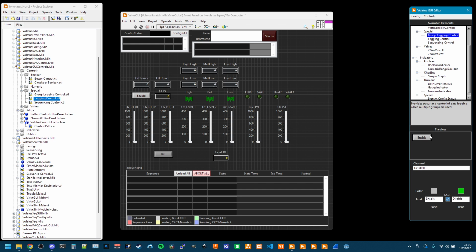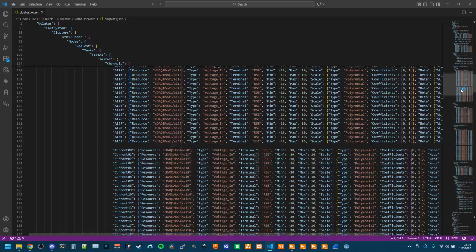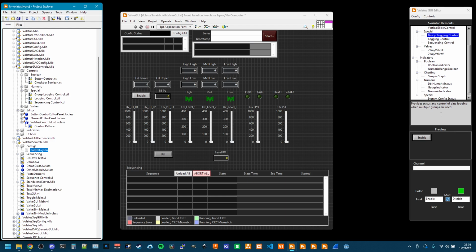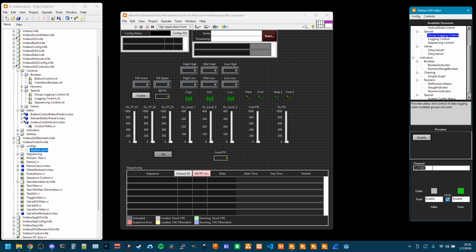And then this is a text box. One of the things I'm going to have it do is you could load in the system's configuration file, so the vJSON files that I've covered in previous videos, but basically just a big JSON file that describes an entire test system and all the distributed embedded nodes, all the I/O, all the modules that are running, all that fun stuff is in there. So the idea is, if you load that file, now this GUI editor is going to know all of the I/O channels, all of the software variables, all of the digital control parameters that will be available, and this is implemented as autocomplete,